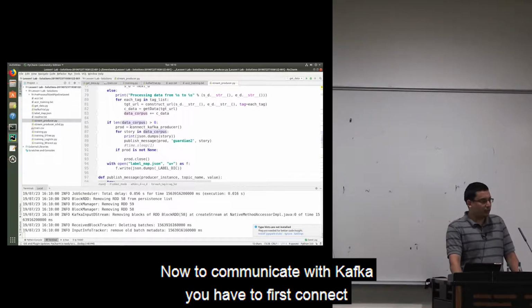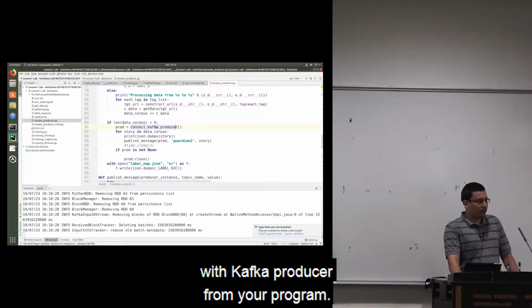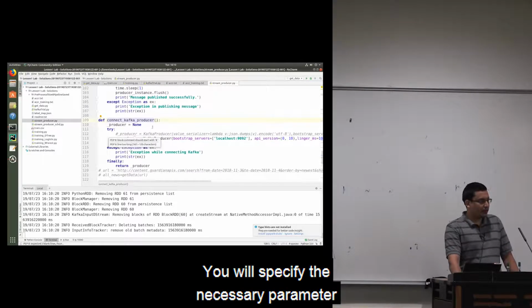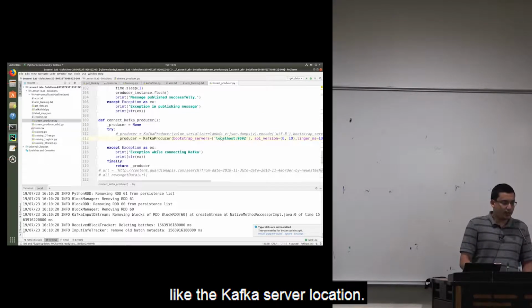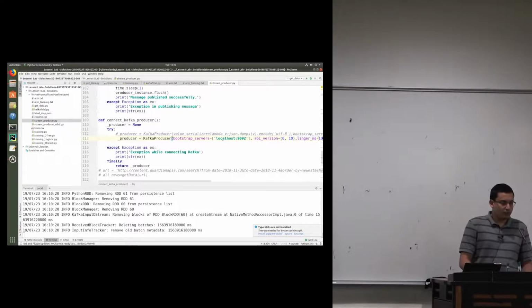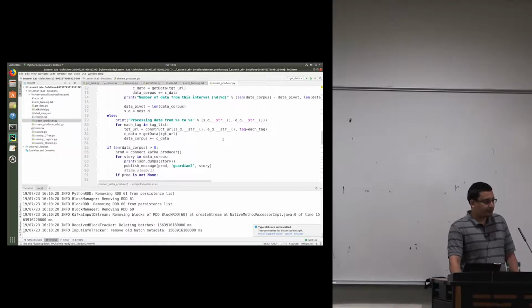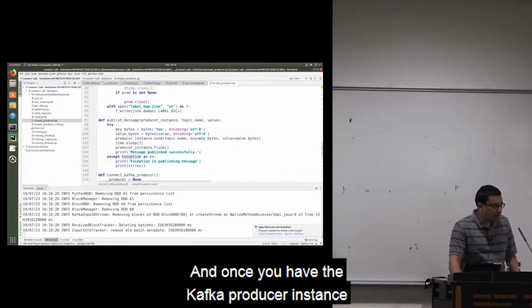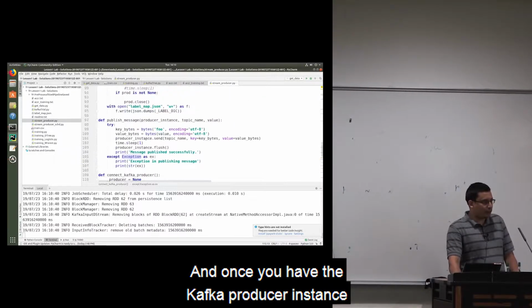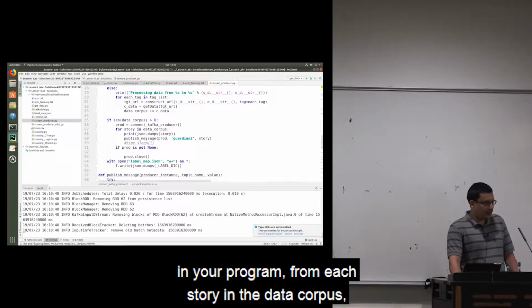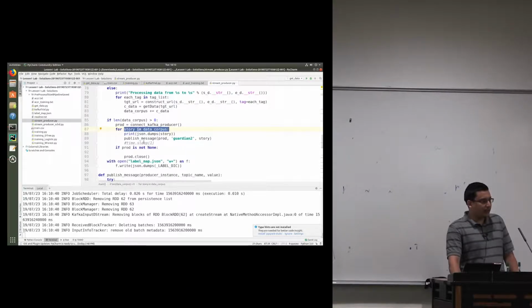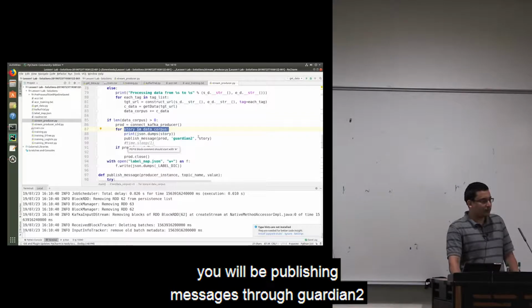Now, to communicate with Kafka, you have to first connect with a Kafka producer from your program. You will specify the necessary parameters like the Kafka server location, and once you have the Kafka producer instance in your program, from each story in the data corpus, you will be publishing messages through Guardian 2